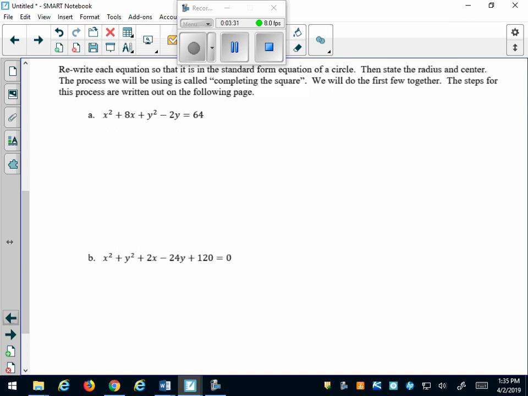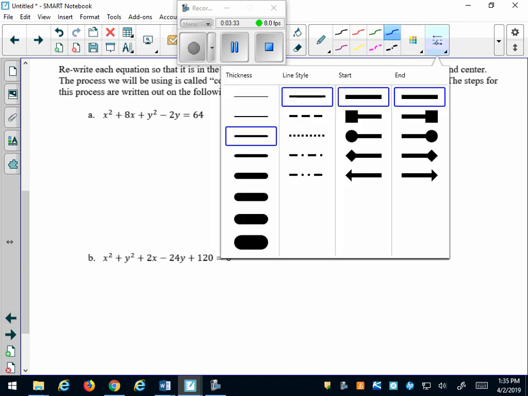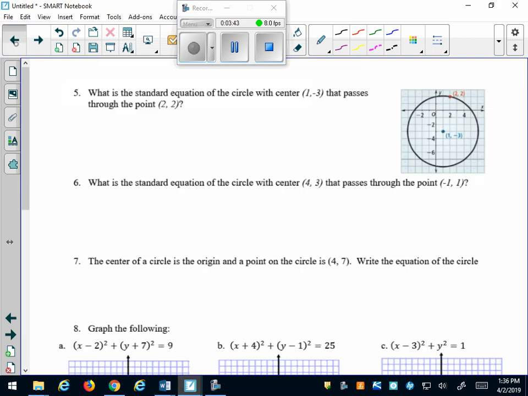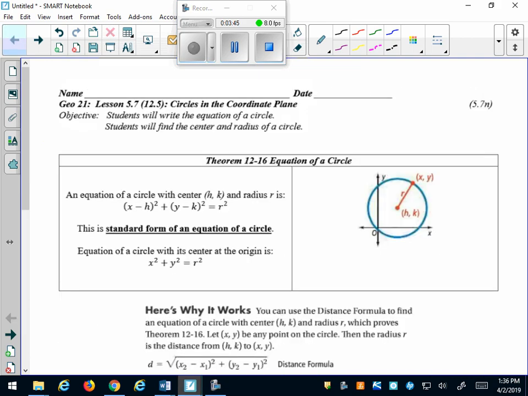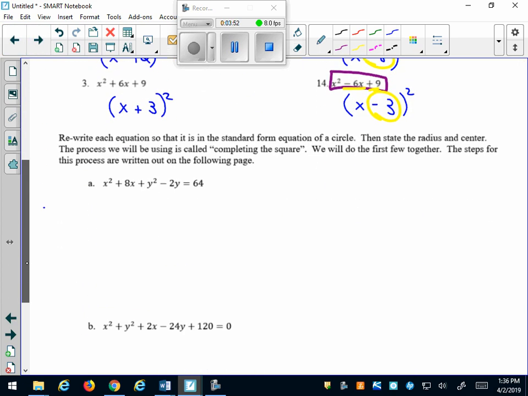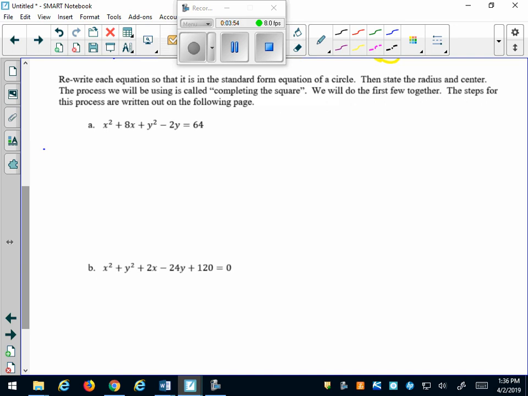So those patterns and things that happen in the perfect square trinomials are going to help us with this next part that we need to learn how to do. Just for the purpose of this video, this is the circles packet 5.7. We're on like the third page, and we're continuing with 5.7 notes. Okay, everybody with me? Okay, so if I gave you an equation that looked like this,